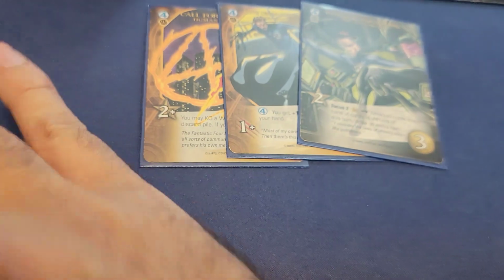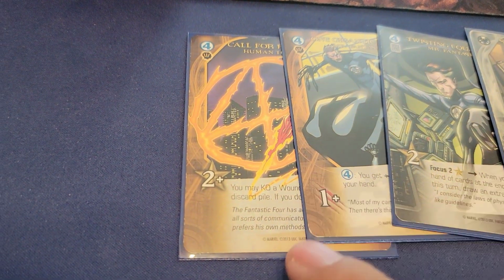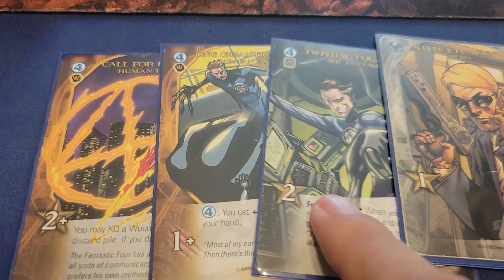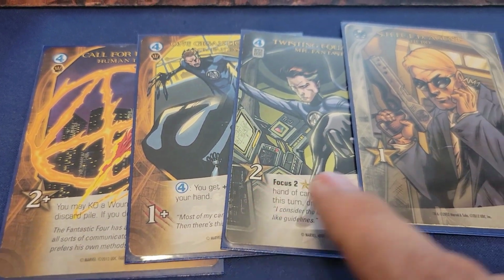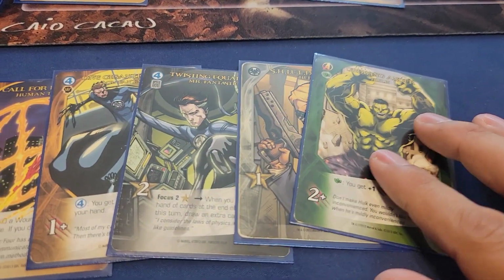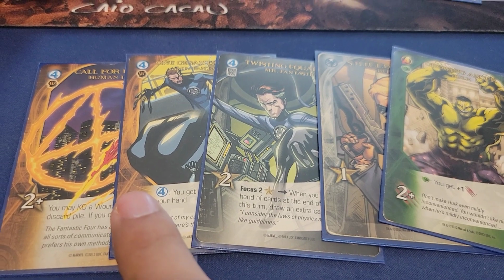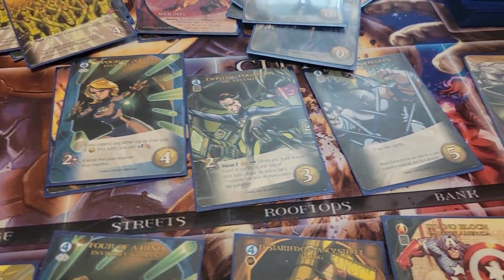And I've got some more recruit here. I think I'm going to want to focus twice to draw 2 extra cards next turn. So instead of drawing a hand of 6, I'll draw a hand of 8. And I've got this card here. So I've got 4 attack plus 2 is 6 attack. And with those 6 attack,